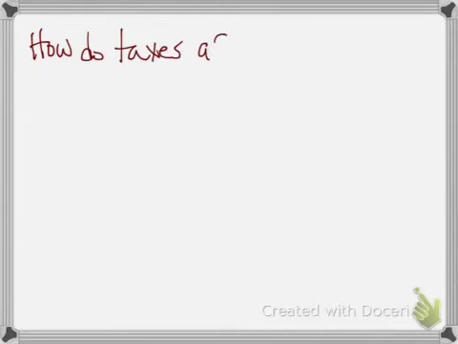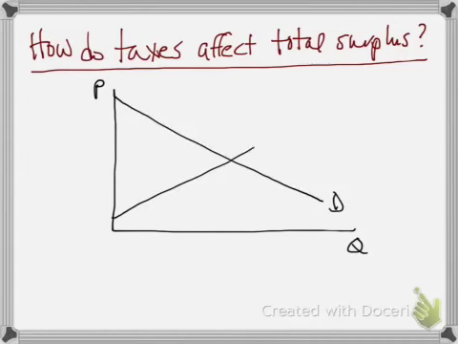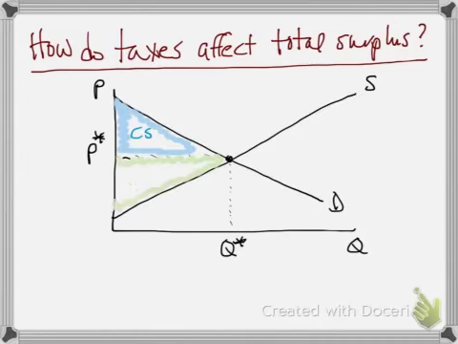All right, let's look at how taxes affect total surplus. First, we're going to begin with a market graph where we are reminding ourselves of the concepts of consumer surplus and producer surplus. So we're in a competitive market. The equilibrium price is P star, equilibrium quantity is Q star, and in an efficient market, consumer and producer surplus